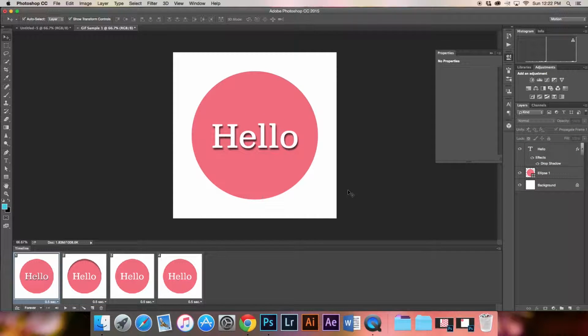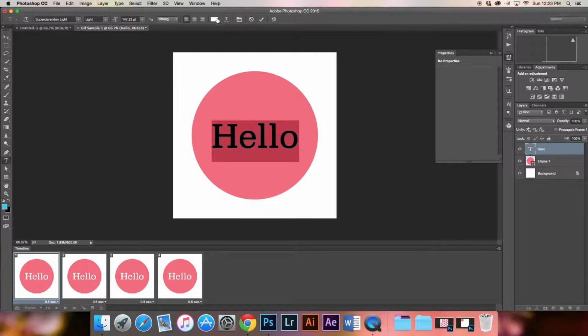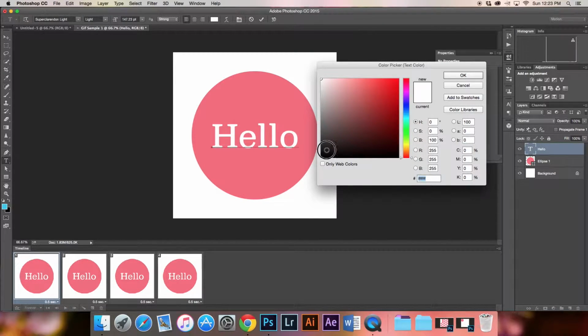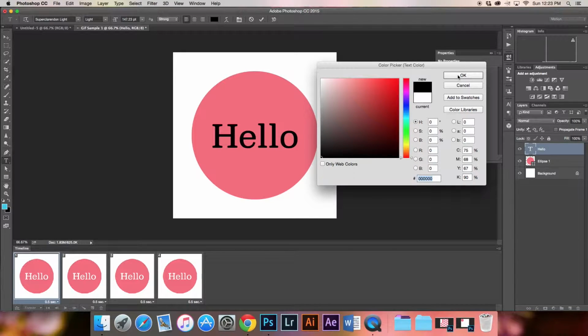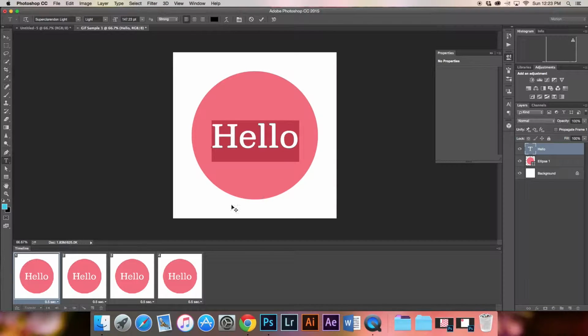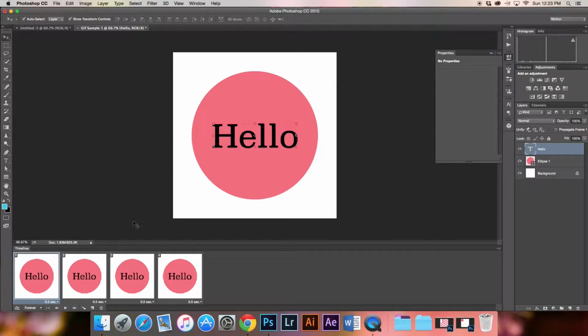All right, and now I'm going to show you some of the things that you cannot do with GIF animation in Photoshop. So let's say we wanted to change this text color. I'm going to just go over to this icon with the T, double click on that, and then I'll go up to this color box and I want this to be black just in this frame. But you'll notice when I say OK and commit that change, it changes all of the frames to black.